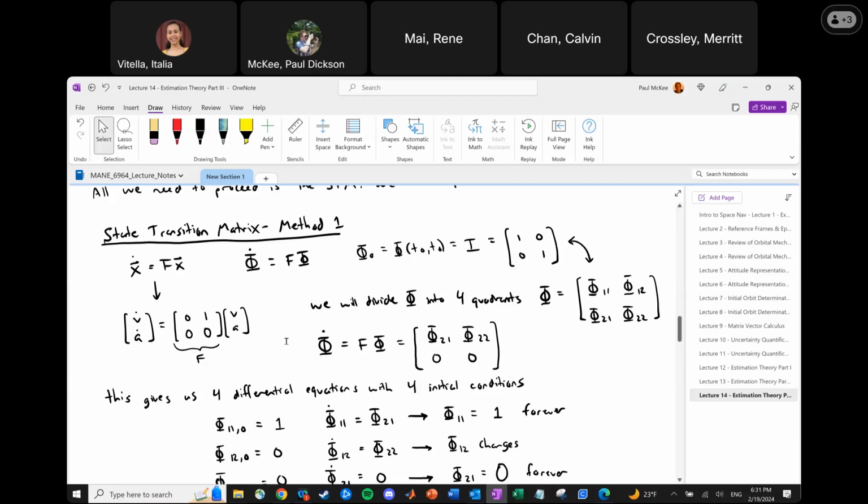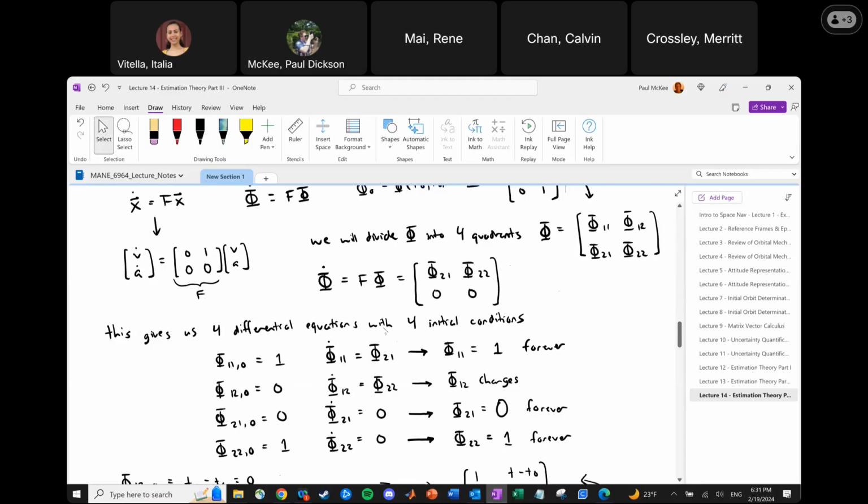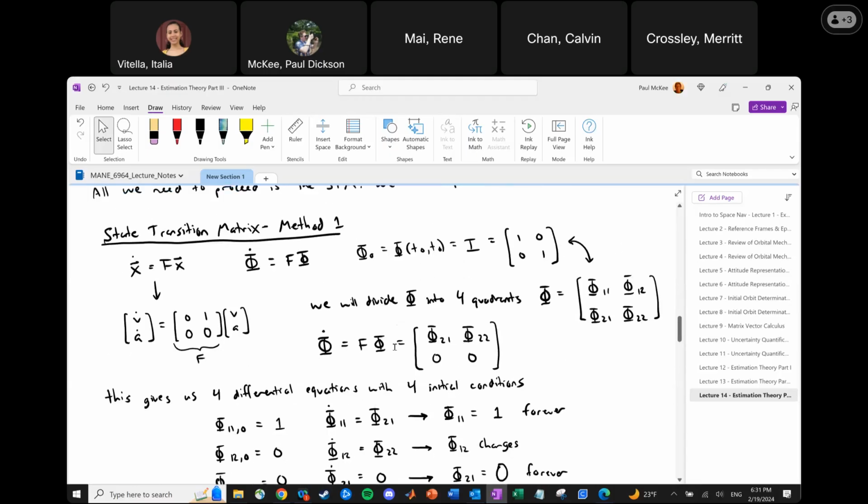Okay, so then the next bit I'm saying is that phi dot is f times phi. Well, what is f? F is the matrix that describes the relationship between the state and the derivative of the state. And we can get this pretty much just by thinking about it. Now, if this were a different problem and the physics were a little bit more complicated, it would take a little bit more thinking about it. But hopefully it makes sense that these are the dynamics